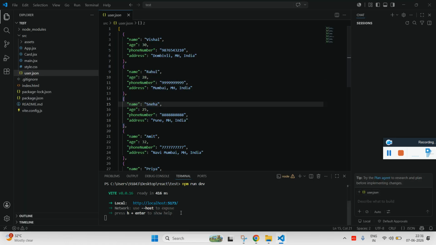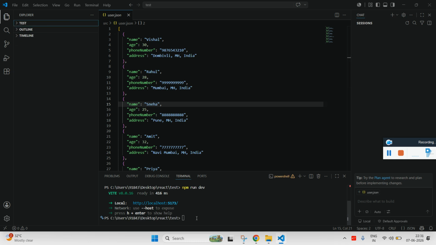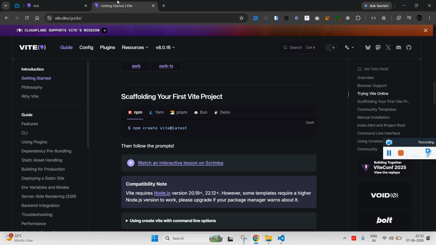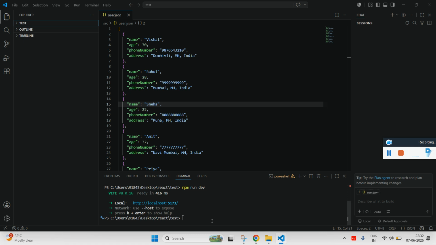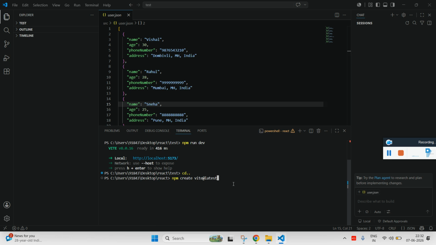Cool. Now let me stop this server, Control C. Now we need to create a folder. So we don't need to create any folder. First of all, we'll install React with the help of Vite. So you have to run this code: npm create vite@latest. I want my React folder in this folder which is React, so I have to get into that location. Now I'm in the particular location where I want my React.js to be installed. If I click enter,